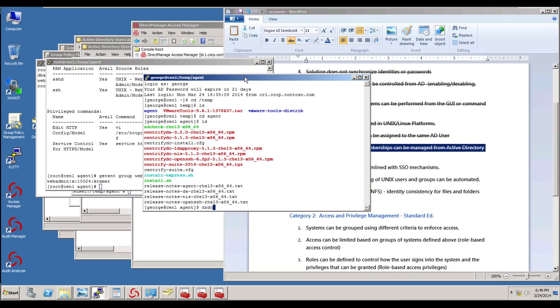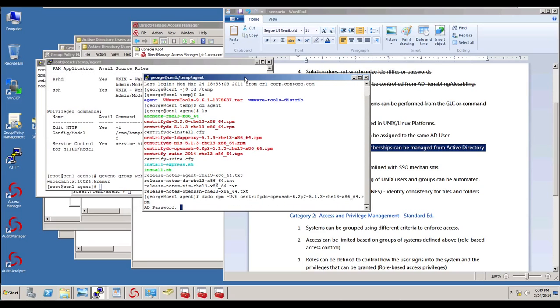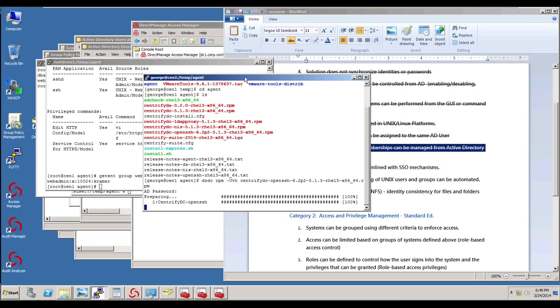So dzdo, in this case, Centrify DC OpenSSH, and in this case, I have to do an RPM -UVH. And it's going to ask me for my AD password because when I set up the role and that command, I said, hey, this is powerful, so we need to ask people about this. So once the OpenSSH is installed, I'll be able to create another session to this machine and check the Kerberos